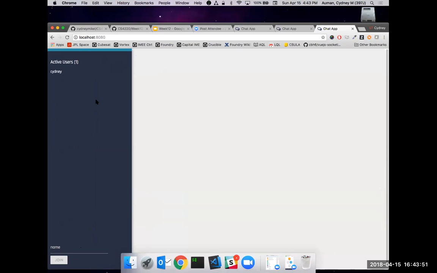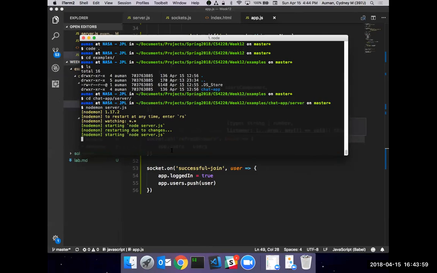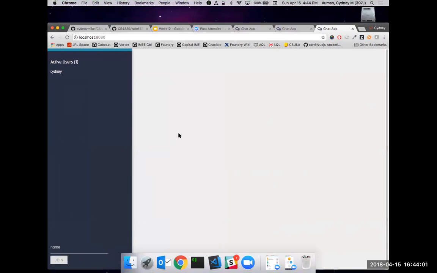Now, the server is sort of our database, but it's only going to be our database for as long as it lives. As soon as the server restarts, which is going to restart a lot because I'm using Nodemon here, it's going to lose that information. That information is going to be flushed out of memory, and we're going to have to start all over again. So now in this one, if I add another person and they join, you can see that it's still reflected beautifully across all of our applications here, right?